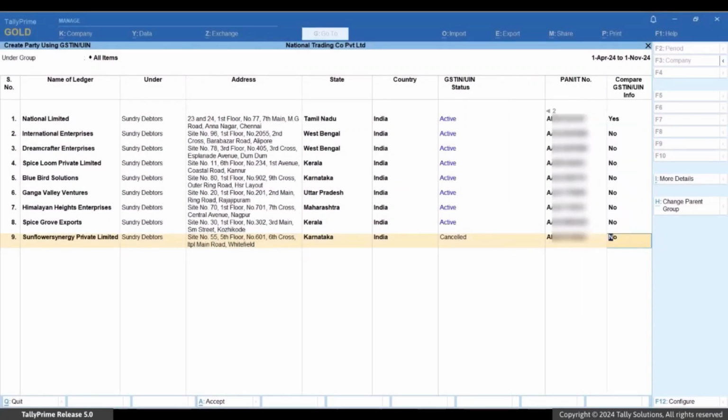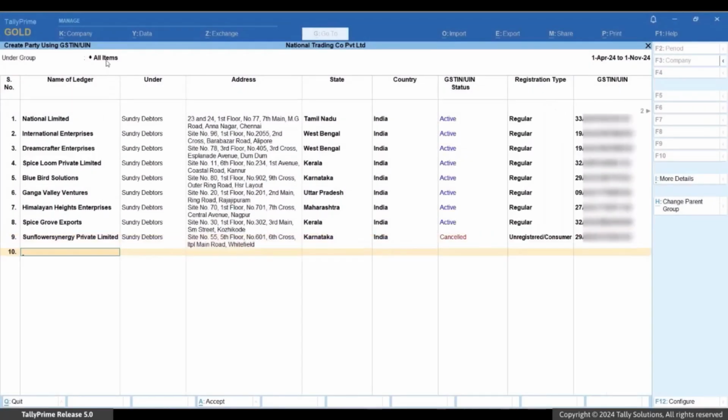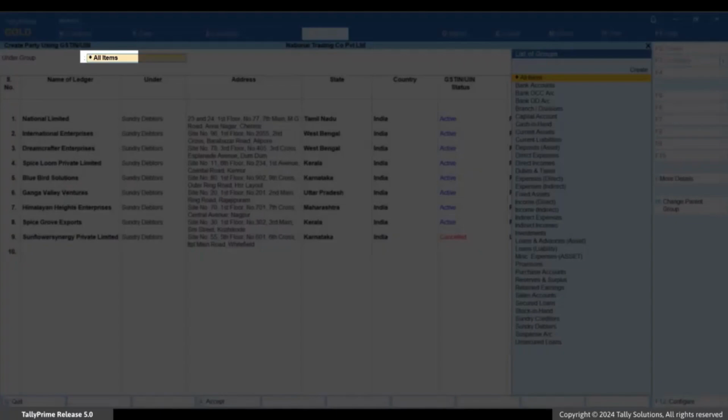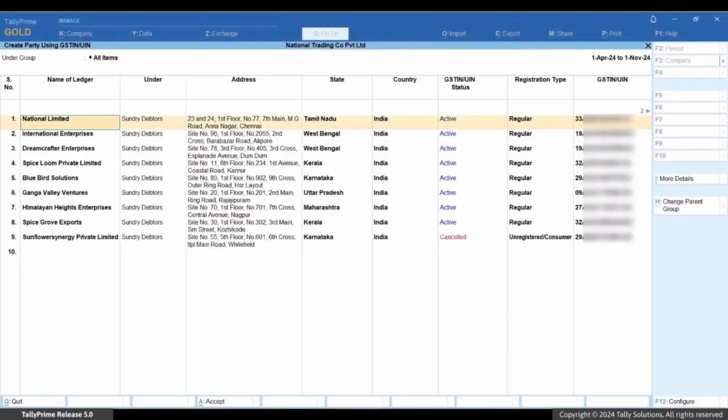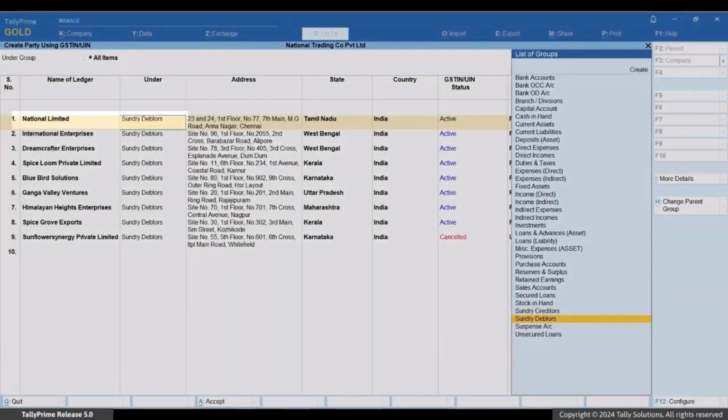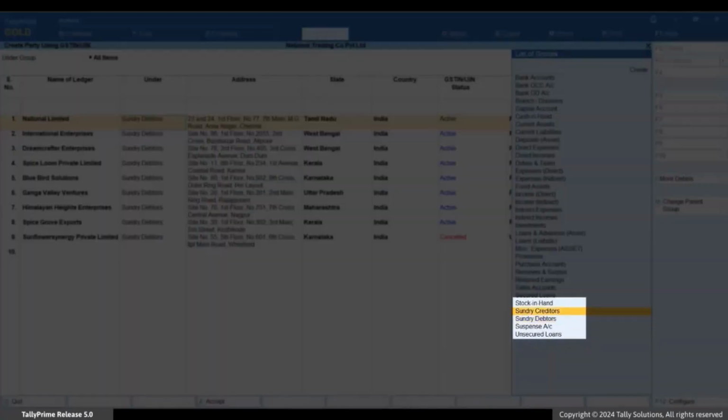By default, the group for all the ledgers is selected as sundry debtor. However, you can change the group for all ledgers. If you want to change the group of certain ledgers, then you can change individually.